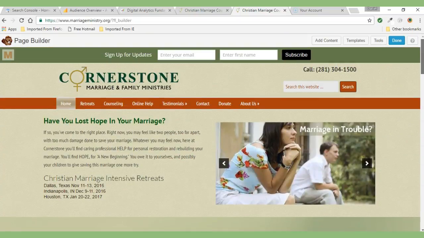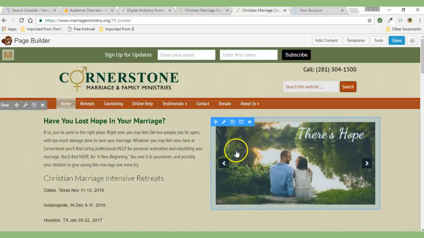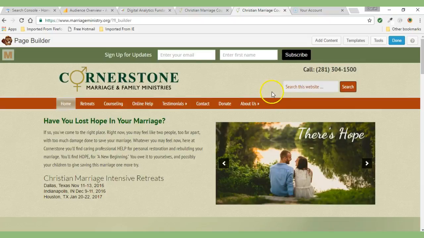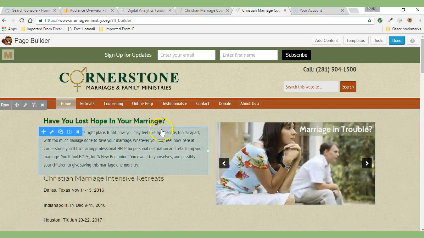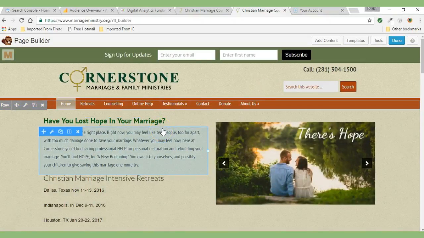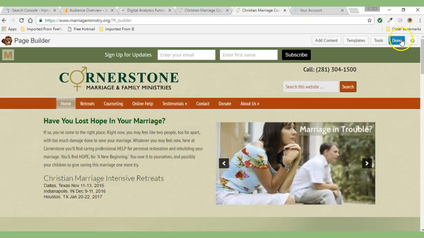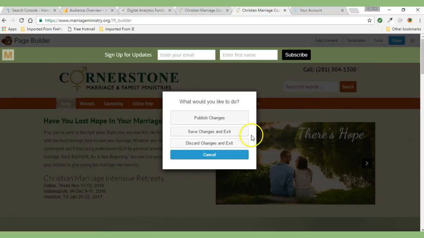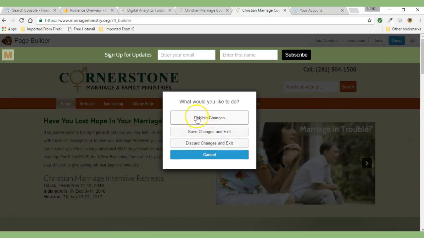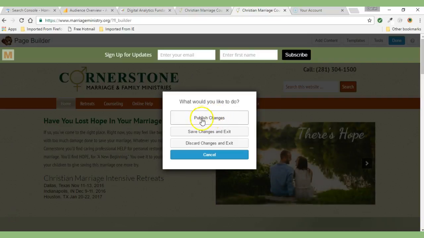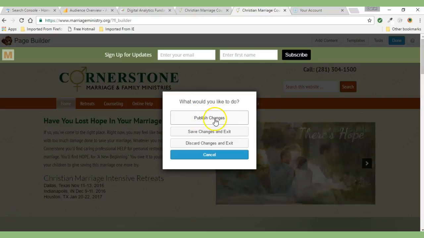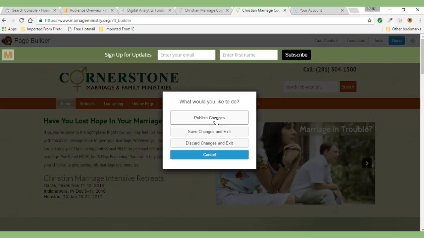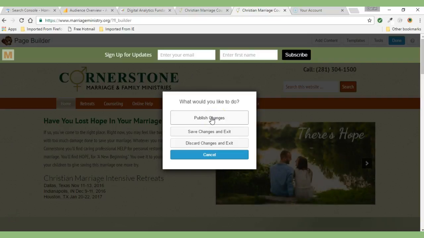And when I'm done with that whole part, the changes that you made are not actually going to be changed on the site until you go up here to where it says done. You're going to click on done, and then you have 4 options. The one that's going to save all the changes that you made is this publish changes option. So if I click on publish changes,